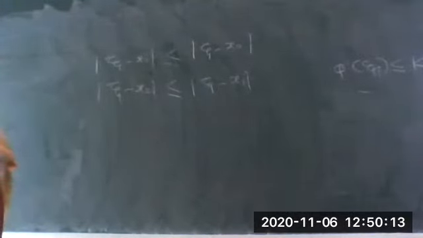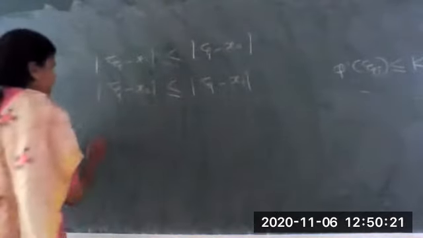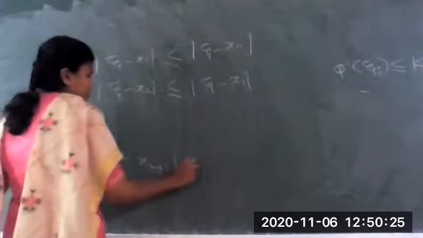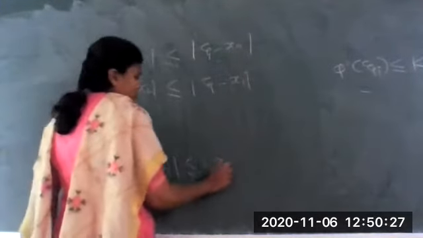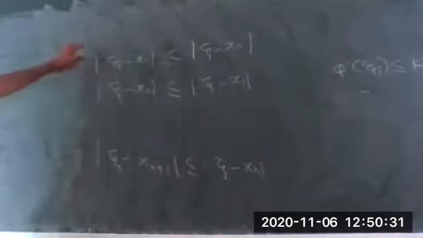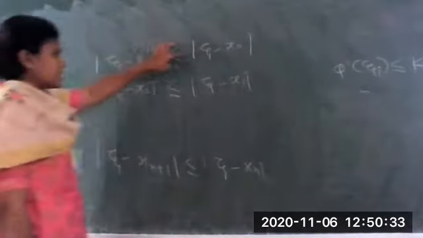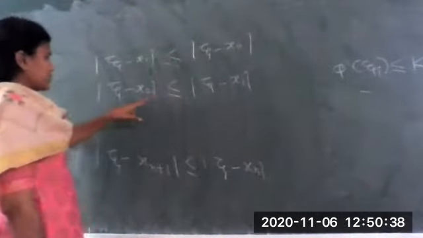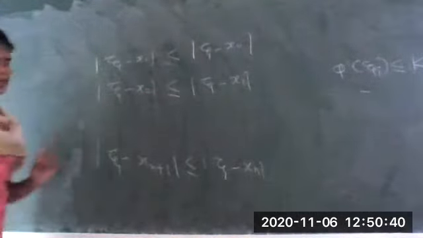Now we have to multiply equations 5 to 8 and simplify. We have to multiply all those equations. Now what is the meaning of this? Suppose we have written here |ζ − x_{n+1}| is less than or equal to |ζ − x_n|. Okay, what is the meaning of this? This |ζ − x1| is less than |x0|. So this |ζ − x1| is greater than or equal to |ζ − x2| and so on.